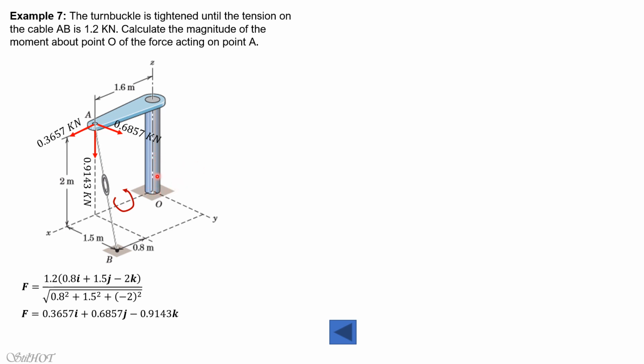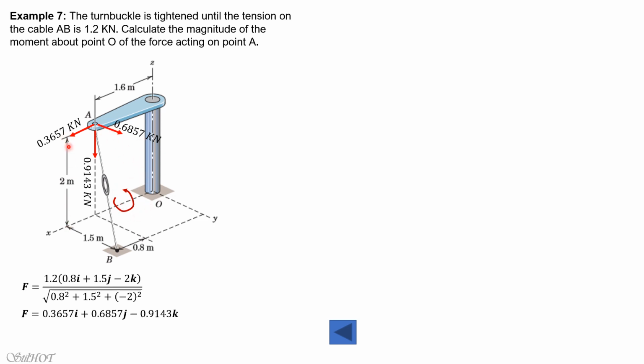So automatic, the x component is ignored because it will not produce moment about a parallel axis. So we only consider the y component and the z component. But obviously the z component passes through, if you extend its line of action, it passes through the x-axis, so therefore this produces zero moment also. So what is left is the y component of force, which produces negative moment because the curling of the moment of the y component is opposite to this curling or arrow. So it is negative